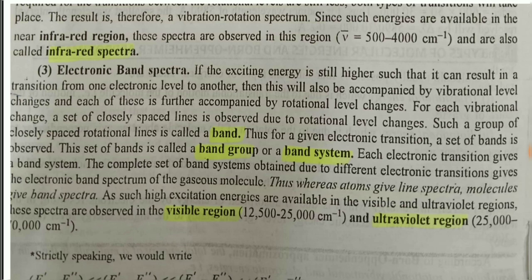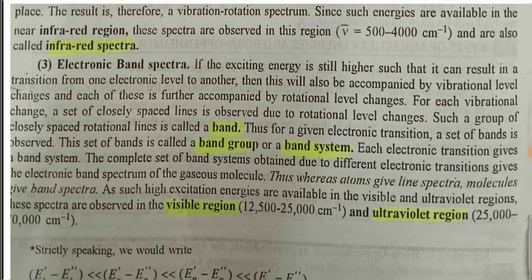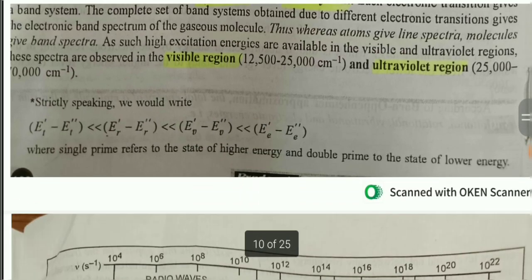This set of bands is called a band group or a band system. Each electronic transition gives a band system. The complete set of band systems obtained due to different electronic transitions gives the electronic band spectrum of the gaseous molecule. Thus, whereas atoms give line spectra, molecules give band spectra. As such high excitation energies are available in the visible and ultraviolet regions, these spectra are observed in the visible region and ultraviolet region. Strictly speaking, we would write